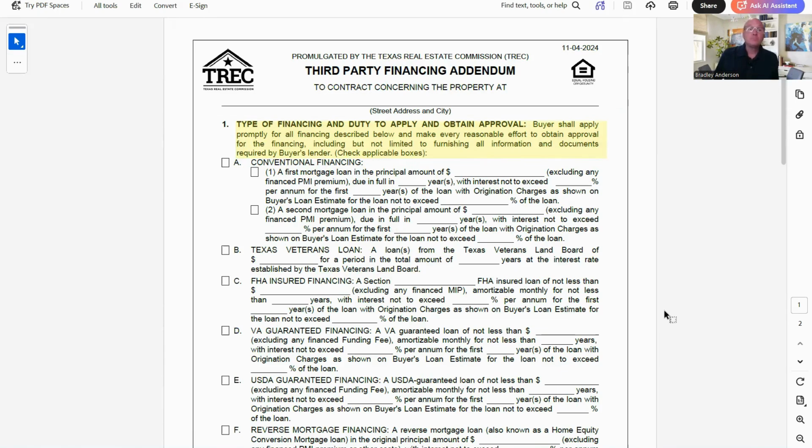So the very first paragraph says type of financing and duty to apply and obtain approval. It goes on to say buyer shall apply promptly for all financing described below and make every reasonable effort to obtain approval for the financing, including but not limited to furnishing all information and documents that their lender asks them for. So this is the point where I usually say,